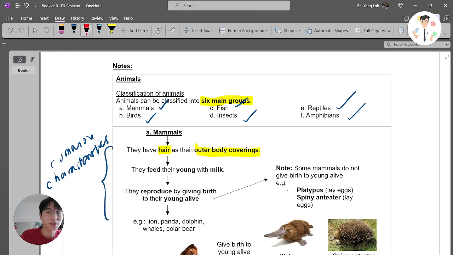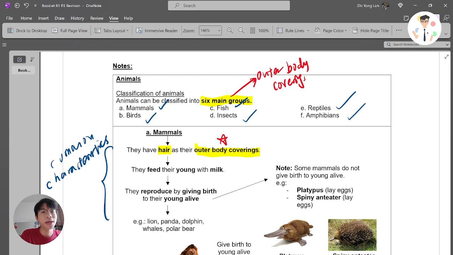Now let me just put a very important star here, because we need to know that these 6 main groups basically depend on their outer body covering. Again, I repeat: these 6 groups of animals are actually classified based on their outer body covering as the main thing to classify. Okay, so first, mammals have hair as their outer body covering, and they actually feed their